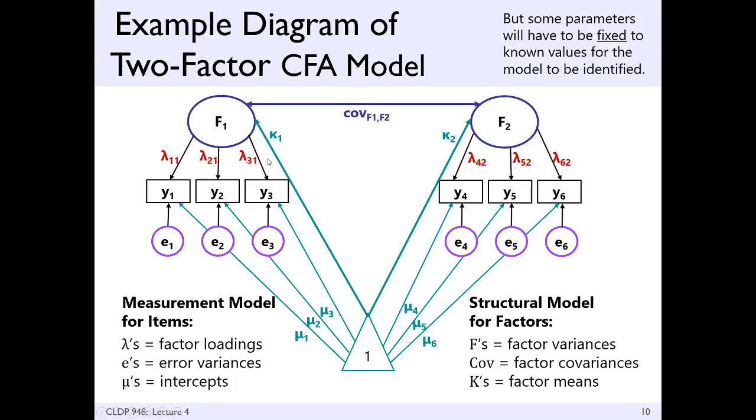How it predicts the covariances is indicated by the path diagram here. So the relationship between two items on the same factor is whatever this unstandardized loading is for the first item times the variance of the factor times the unstandardized loading for the second item. To get from one item on one factor to one item on another factor,